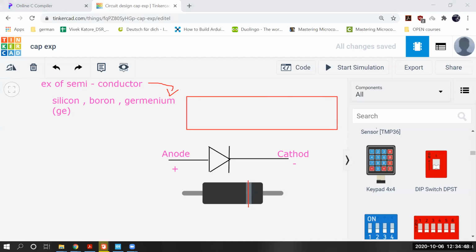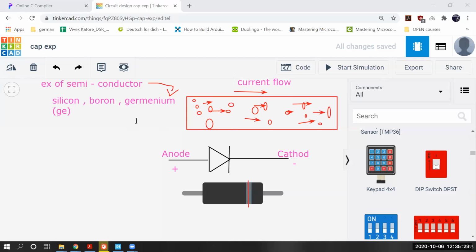Flow of charge means electrons, right? Every conductor has electrons. Suppose these are all electrons, and when we apply voltage to it, they apply force on each other. They actually push each other. Then these electrons flow, and this is how the current flows.